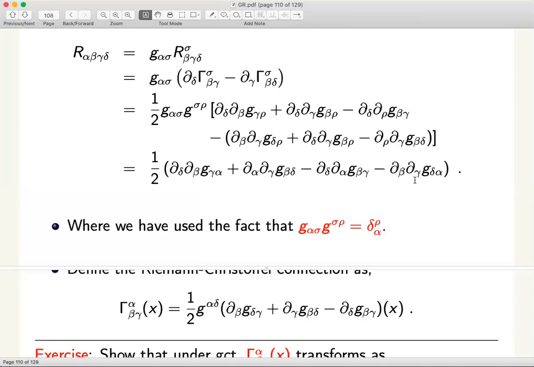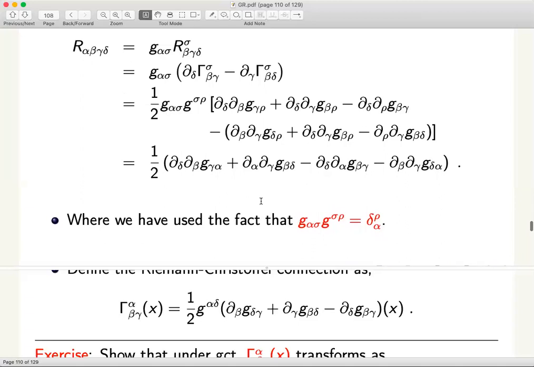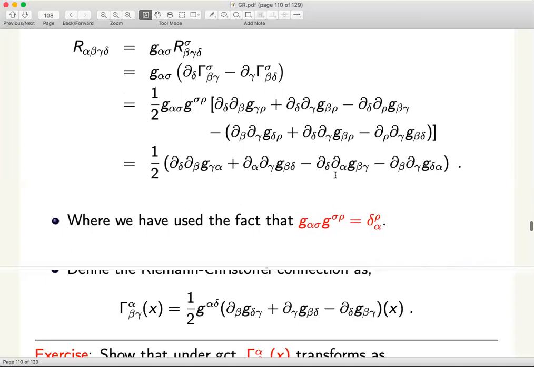There is of course some cancellation. If you look around, you will find a term which is the same on both sides but has a relative sign, so you can get rid of that piece. Out of these 6 terms, only 4 of them survive. The second term here and the second term here cancel out, and the 4 remaining terms are written out here.